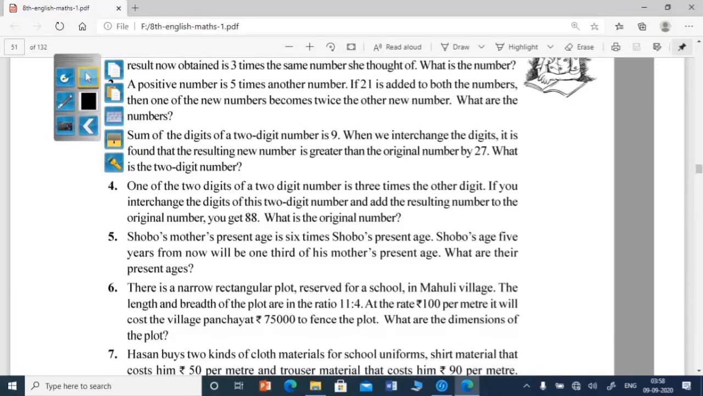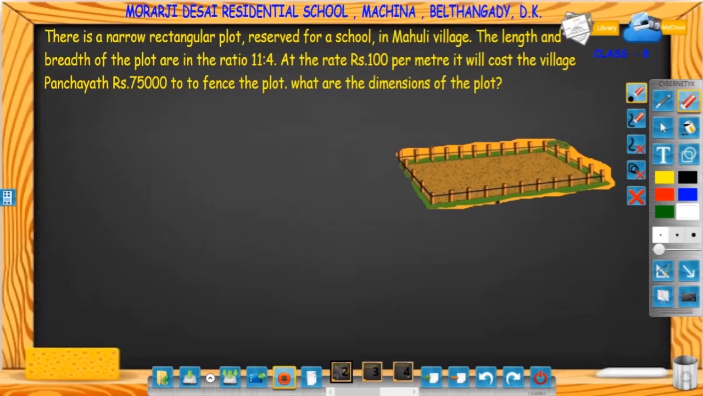Dear students, in the previous video we have solved exercise 3.4 and we have solved till the fifth problem. Now let us solve the remaining problems. Start with the sixth one. See here,